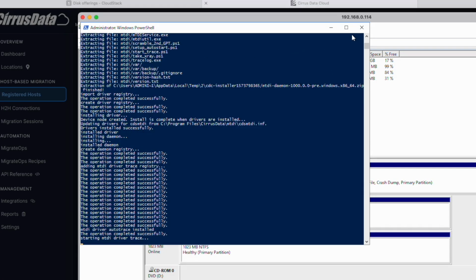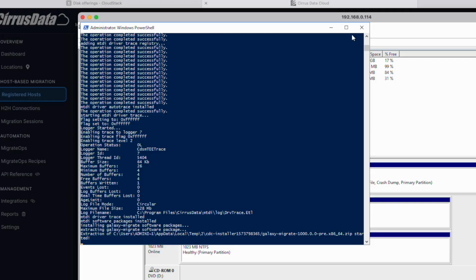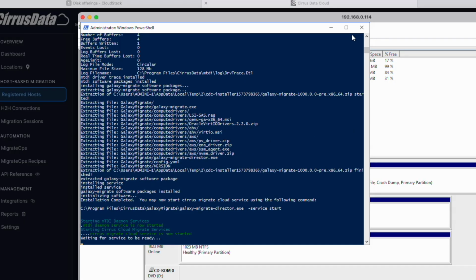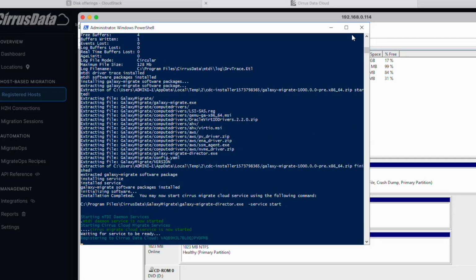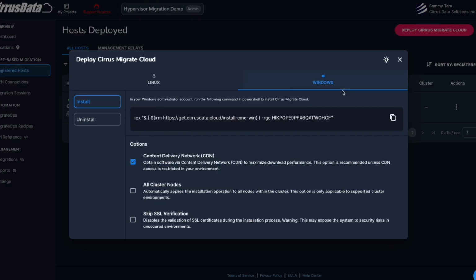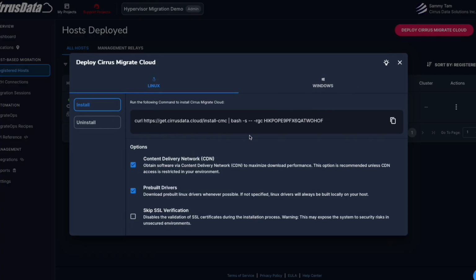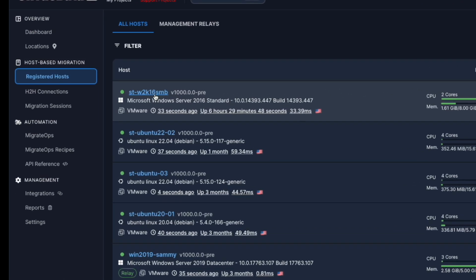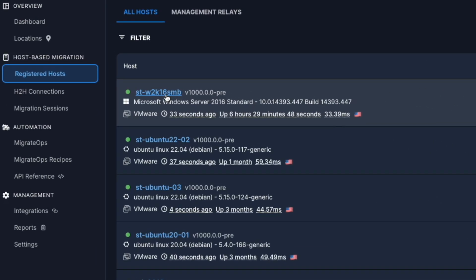This same installation command can be used on as many hosts as you want, so you are free to use any automation mechanism of your choice to deploy Cirrus Migrate Cloud at scale. The migration process of Linux hosts is more or less identical, and all you need is to install with a different installation command. My Windows 2016 SMB host is now displayed on the registered host list, meaning that the installation is completed,